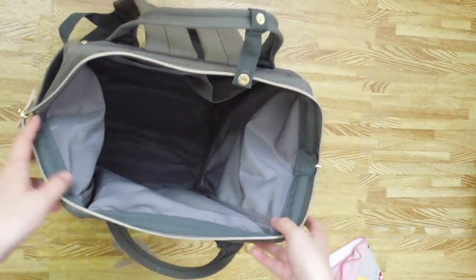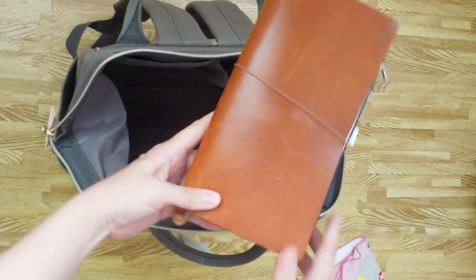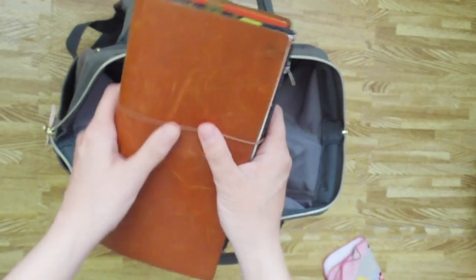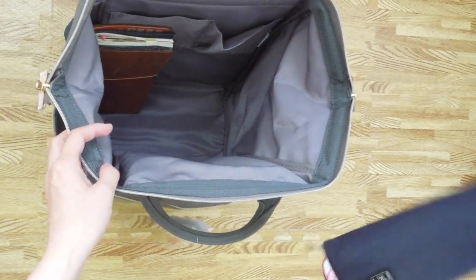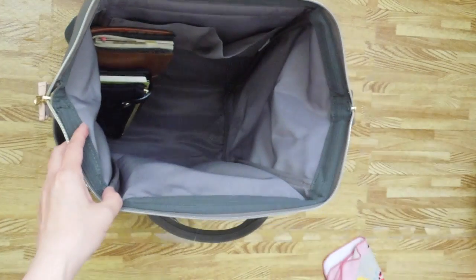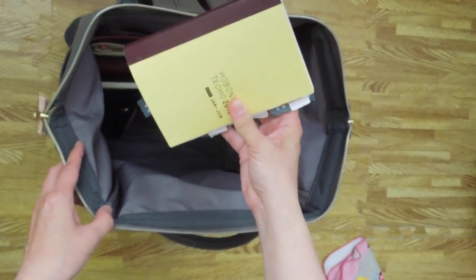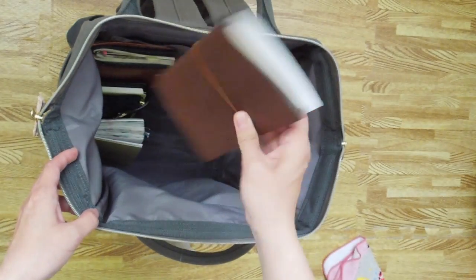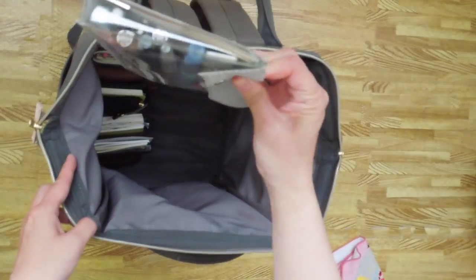So let me just quickly put in some stuff, not everything, but just to show you how much it holds. I have my regular size Midori Traveler's notebook, and then my Hobonichi Techo Weeks, and Hobonichi Techo Avec in A6, Midori Traveler's notebook in passport size, my pencil case, not too big,